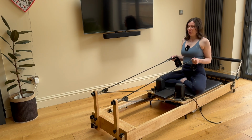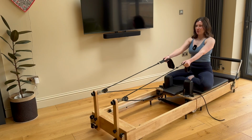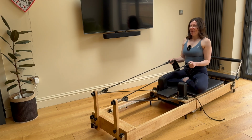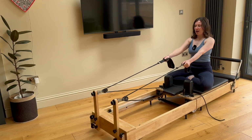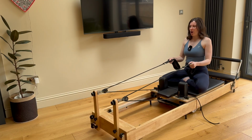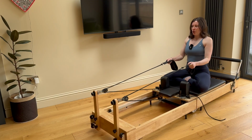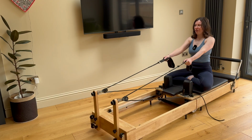In, 2, 3, release. Let's do some singles for good measure. In and out. In and out. We can take it. Our back muscles are big, our back muscles are strong. Squeeze it in, pull the back of the arms. Squeeze in for 4,